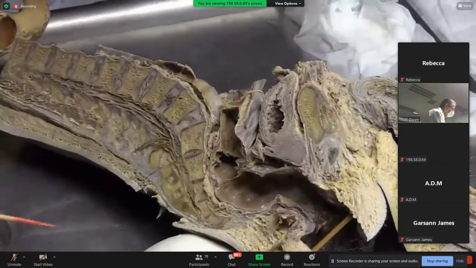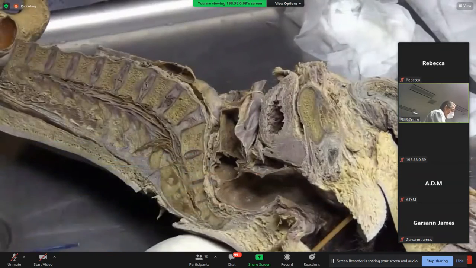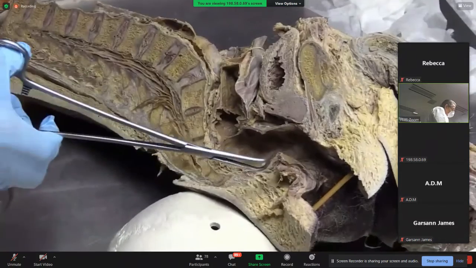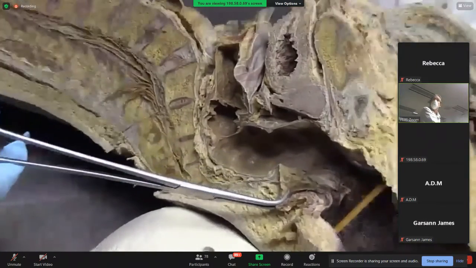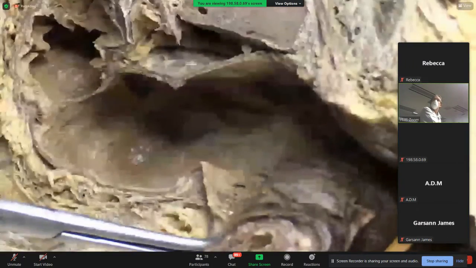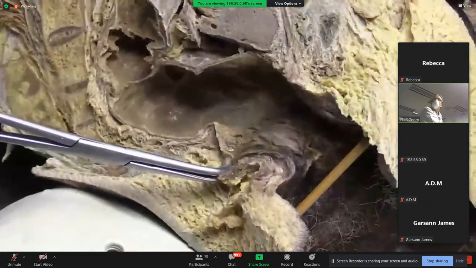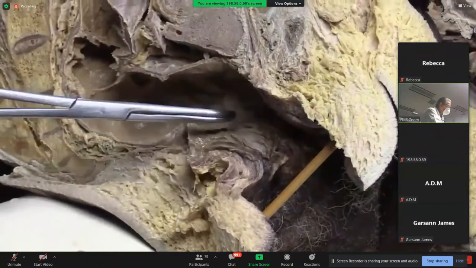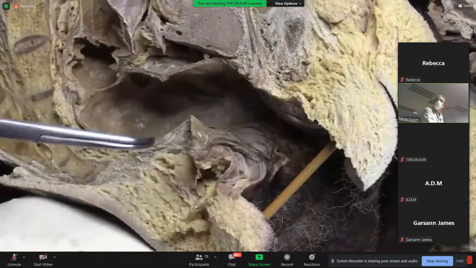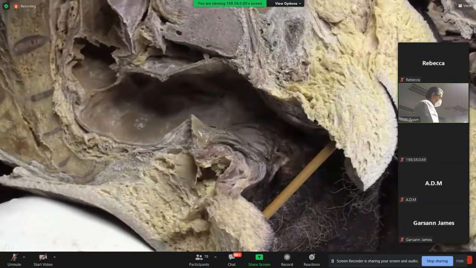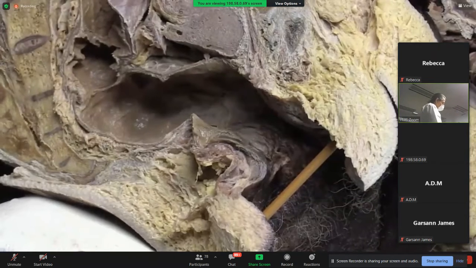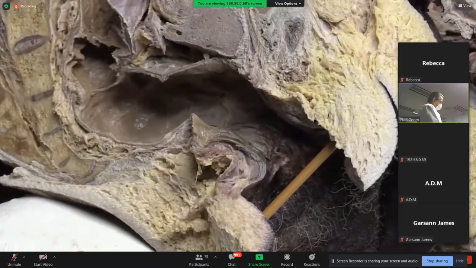They're not easy to show, that's why I have this image to show you. But I went over this in the lecture. These are the anal columns of Morgagni. Each one of those